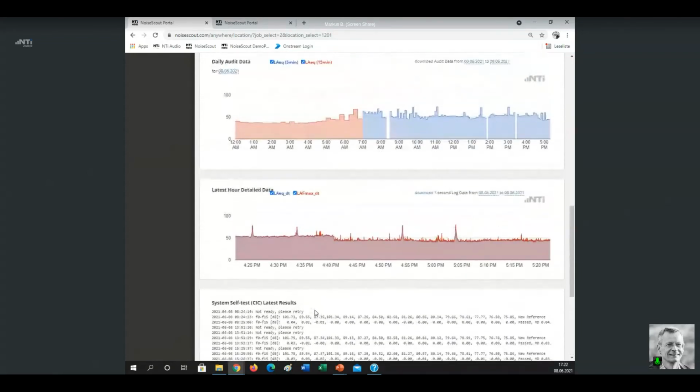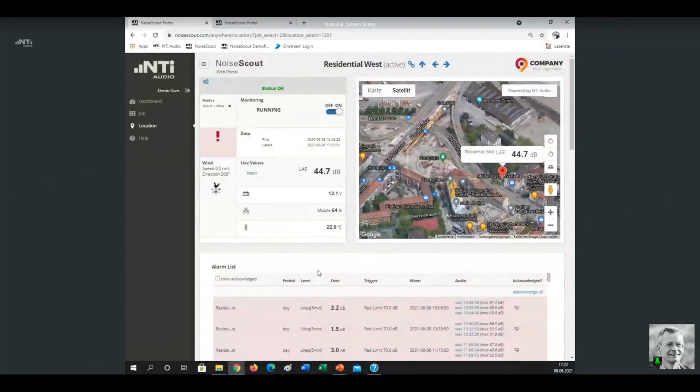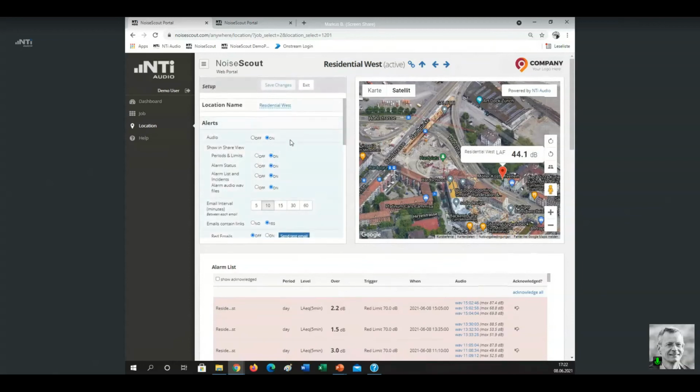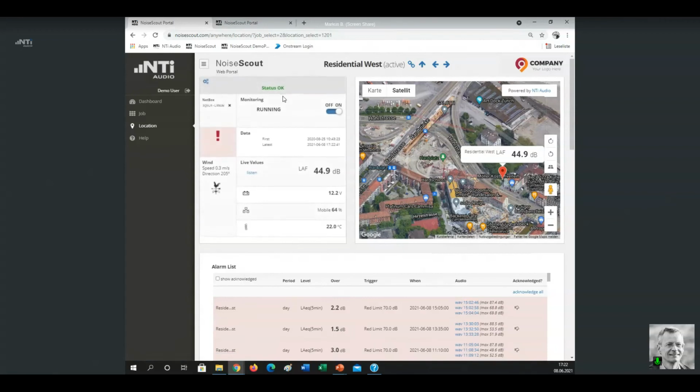Now let us assume you want to share this information with your customer or with the public. How do you do that? So you click here on the setup icon, you open the setup of that location, and here you see you have a couple of options to address. For instance, you can decide whether the periods and the limits shall be shown to the customer, whether the alarms shall be shown, or the WAV files, the audio recordings that are executed when an alarm happens, shall be active or not. So you can make your own individual selection,